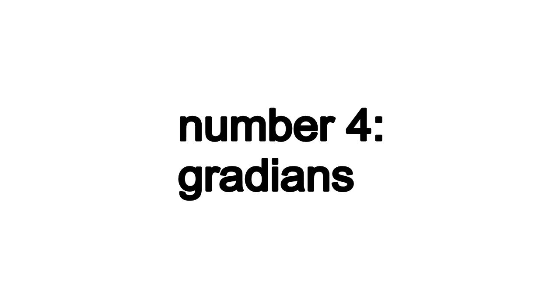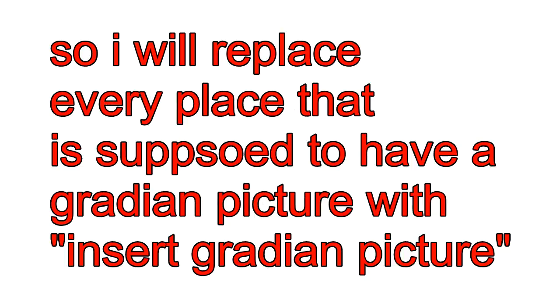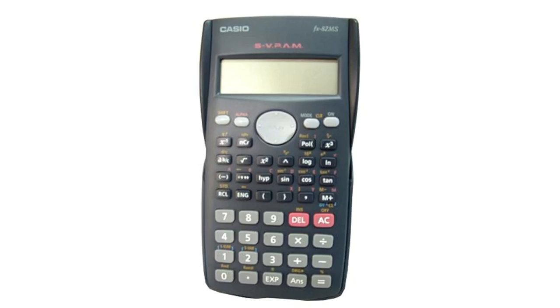Number 4. Gradients. The metric. 400 grads in a turn, 100 in a right angle. You probably know it if you played around with an 82 calculator and found the grad menu. Maybe then you accidentally set your calculator to radians or gradients and then failed a few school trigonometry questions and